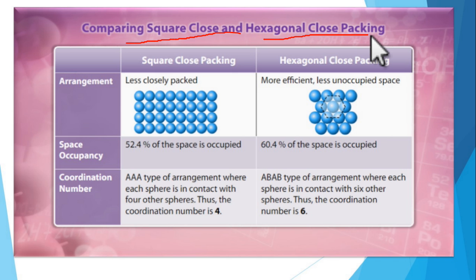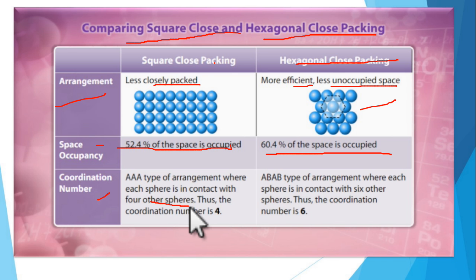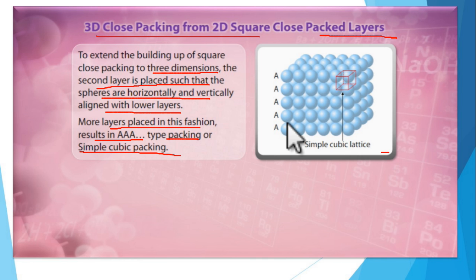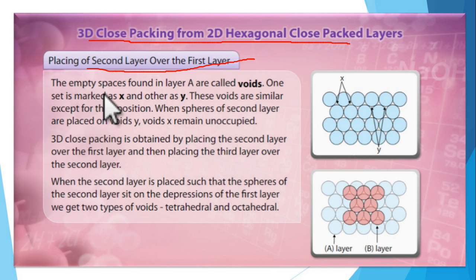Coordination number. What is coordination number? The coordination number of a given atom is a good indicator of the kind of packing seen in a structure. Coordination number of a given atom is the number of atoms which are in contact with it. The coordination number of the atom involved in one dimensional packing is 2. We can see this from this diagram. This is the atom and these are the two atoms which are in close contact.